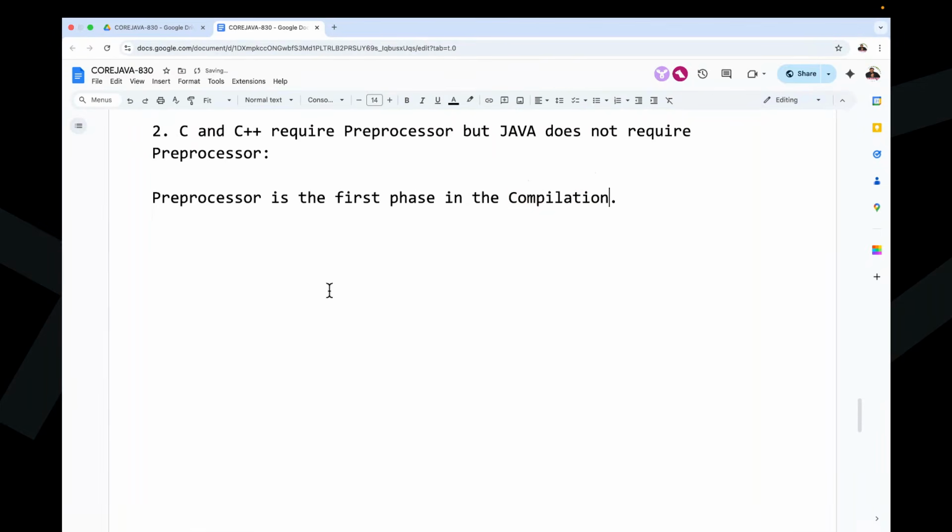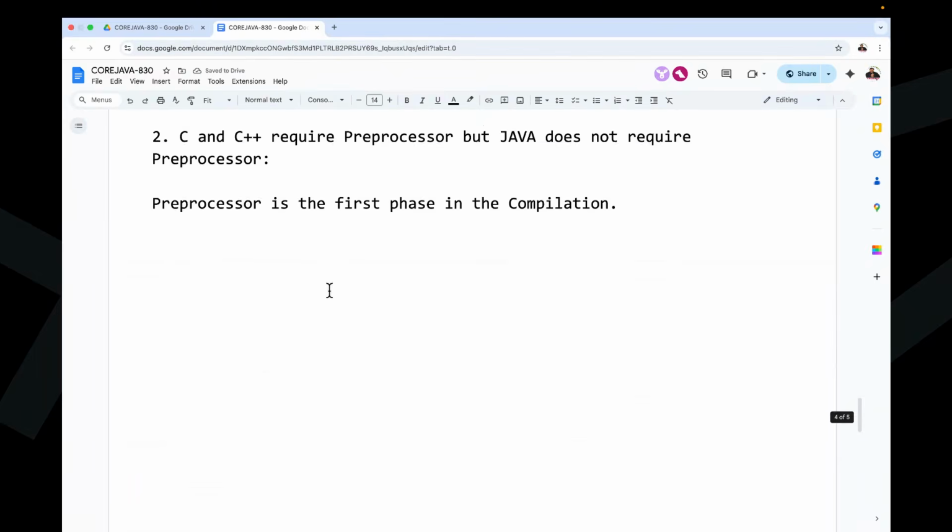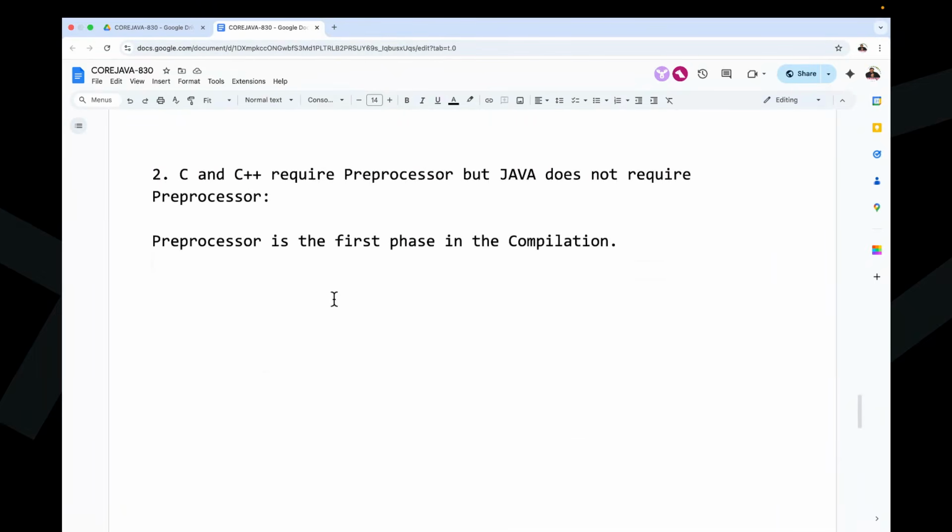Okay, that we understood, and the diagram is also okay. Fine. Now my question is, what will it do? What is its responsibility? What activity will the preprocessor perform? That is the question I am asking. What will the preprocessor do? Any idea, guys? Now I'm giving some clarity. All of you understand, no?